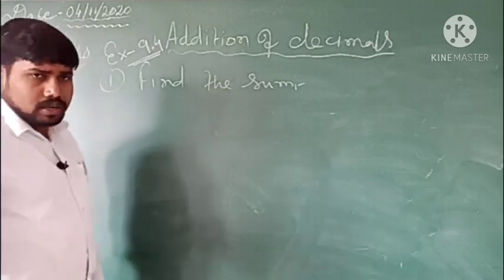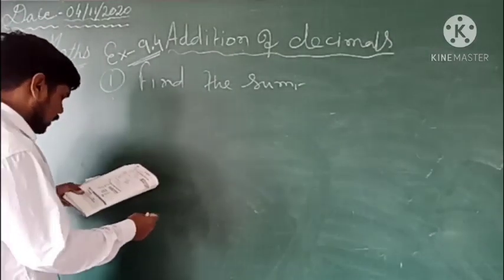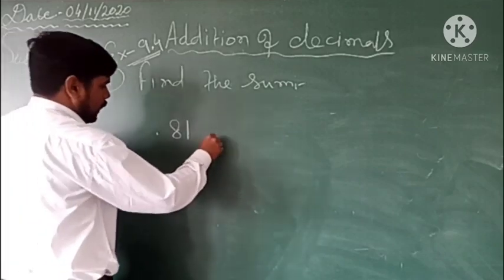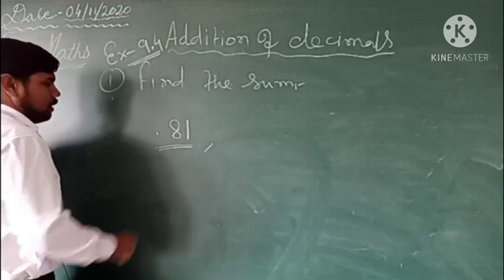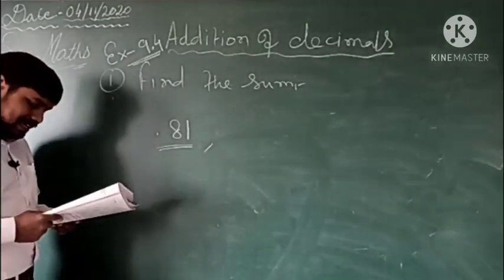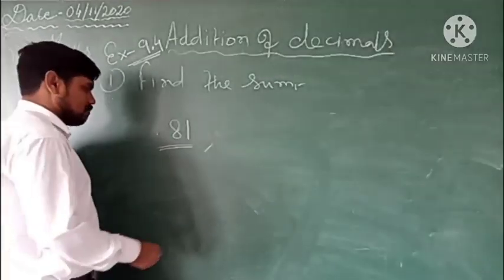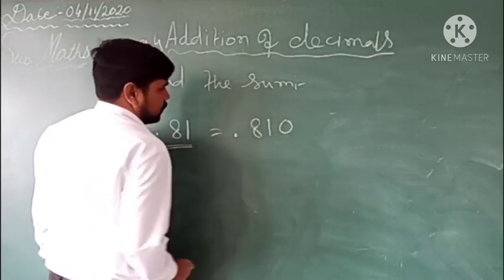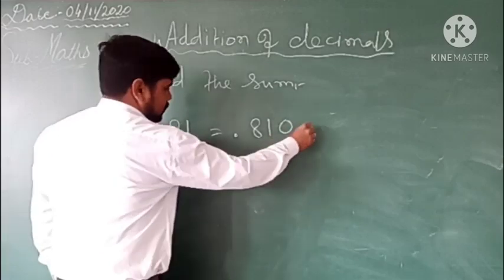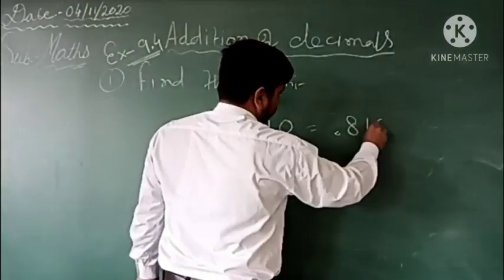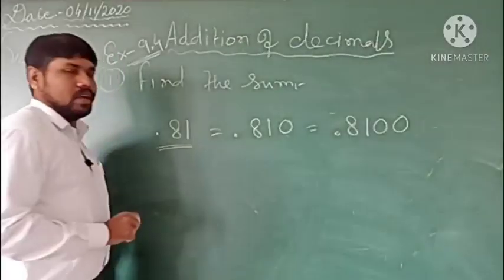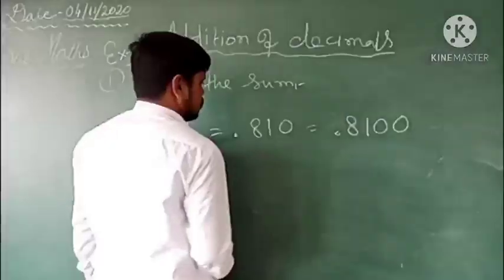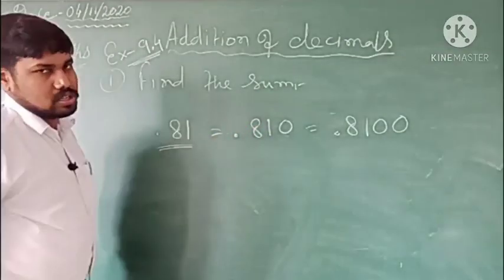So here, suppose there is a number 8.1, okay, and if we have to write it with 3 digits in the decimal places and write the equivalent number, then we can write it as 8.10, and we can also write it as 8.100. So these all are equivalent decimals. So you can write this like this also, this like this also, and this like this also. Whatever is the requirement, as per the requirement we can write.